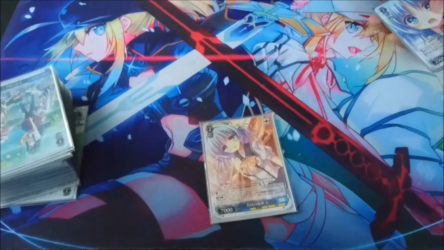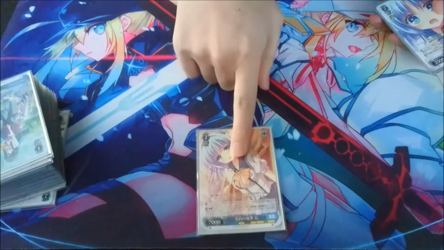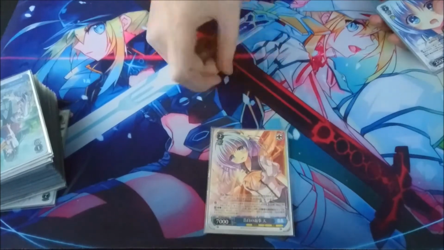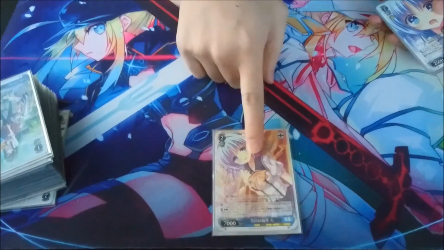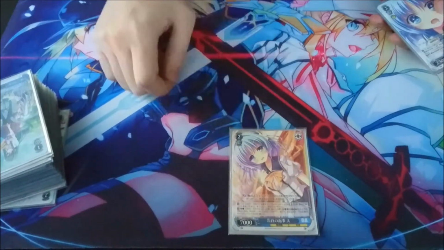So she needs cards in memory. If you have 2 or more cards in memory, she gets the effect when she attacks your opponent's character. She gets power equals to X times 2000, where X equals the level. So she's a pseudo level 3 killer, I guess. If she attacks a level 3 with 2 cards in memory, she gets plus 6000, so she's 13,000, which is pretty respectable. And when she reverses, I believe it was a